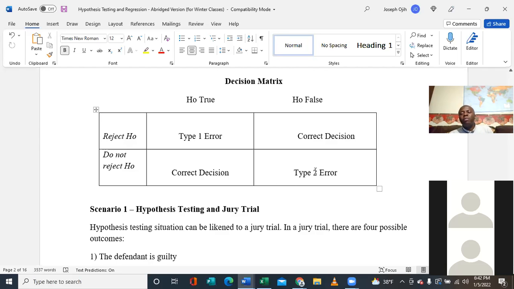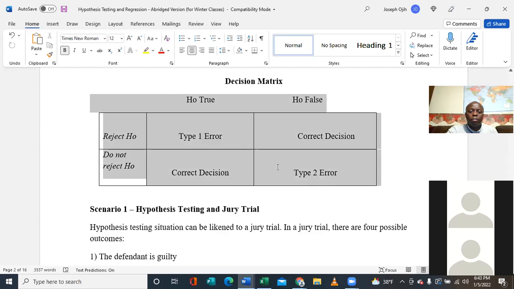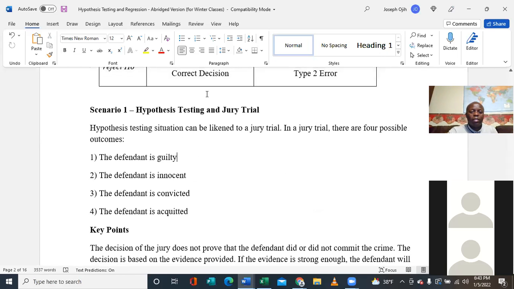So we make this kind of error in our daily lives sometimes. But one thing is that if the probability of committing them is very small, then we can live with that. When it is high, that's when we get into trouble. I'll explain this with many scenarios I can use, but my favorite one is the jury trial,